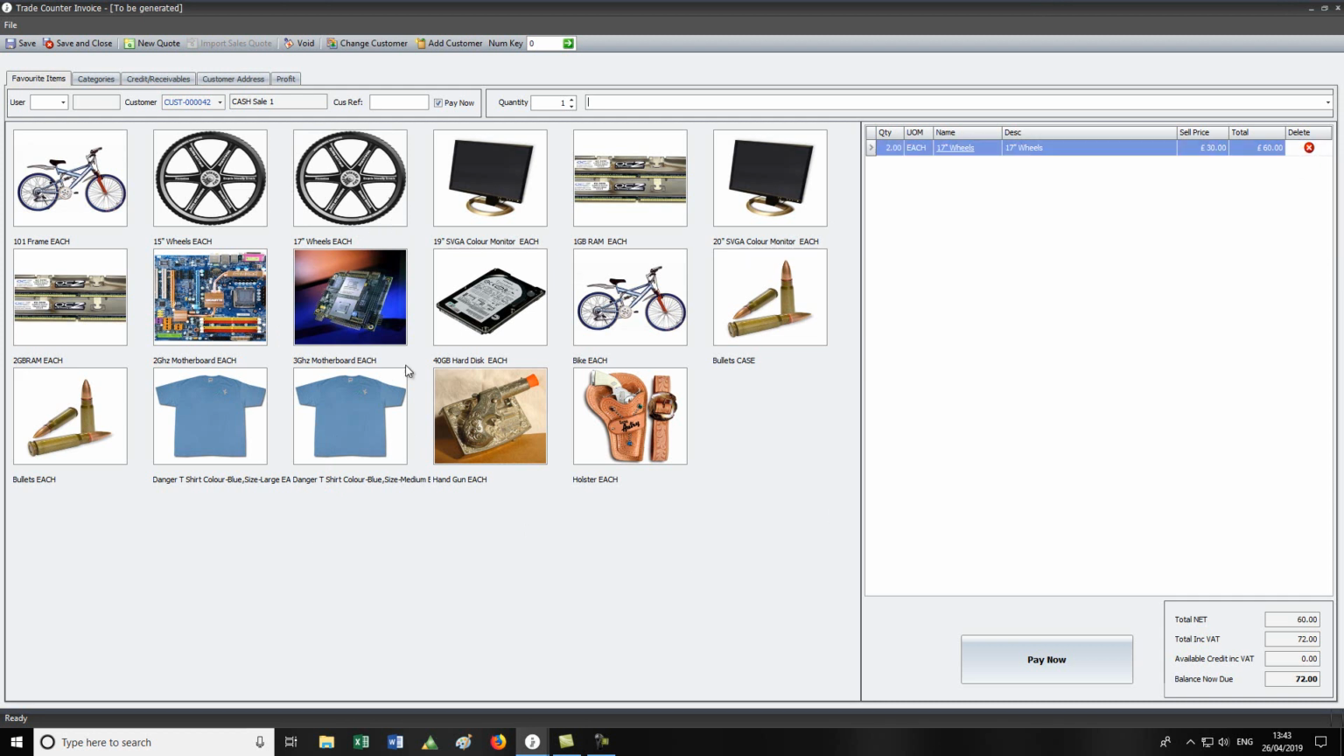So we can get rid of it like that, or I can add it back by clicking on it. It automatically picks the cash sale customer, but if I wanted to change the customer, obviously I can do that. If I had a scanner, then I could just scan the UPC code, and it would add the item. And if I scan another item that was already in the list, it would just up